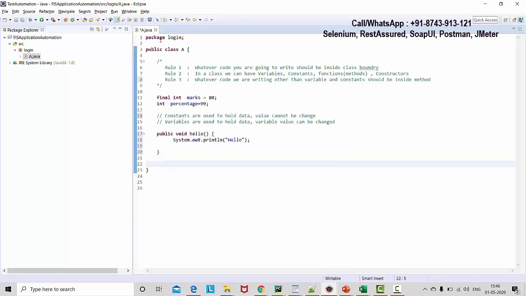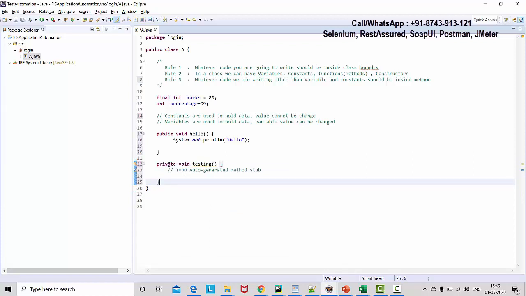Here I want to create one more method with the name testing. So I just mention testing. Again for suggestions, Ctrl+Space. It asks, would you like to create a method stub? Method stub means method body. Yes. A method syntax is created. In place of private, I'll make it public. Again, you can write any number of lines inside this method. As of now, I'm just printing testing.